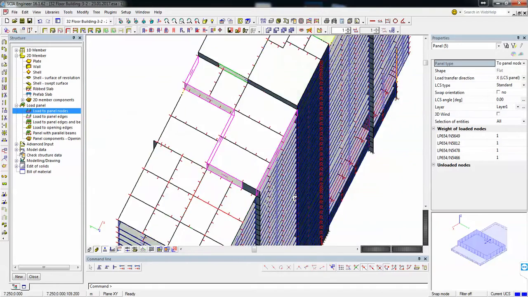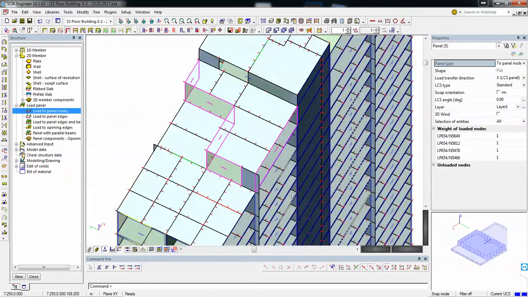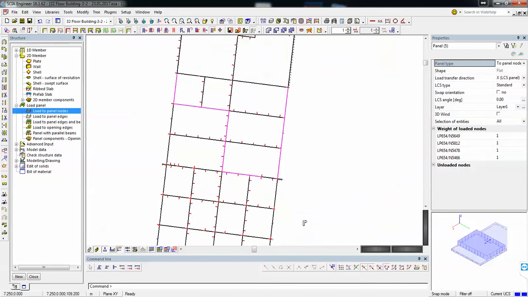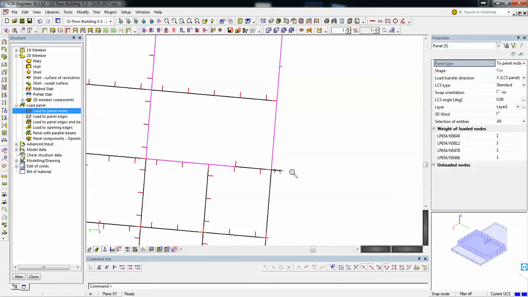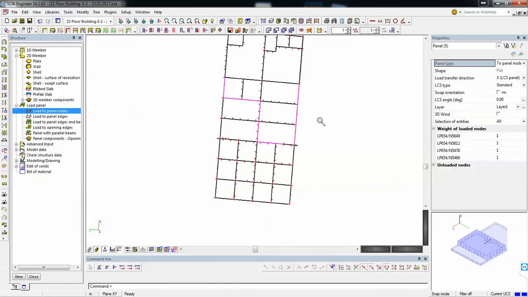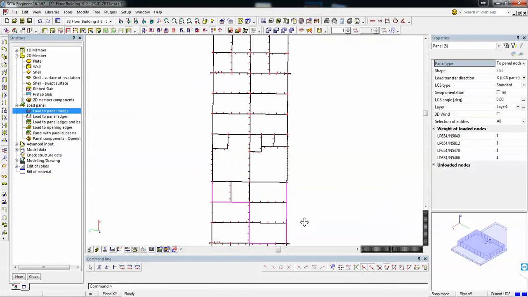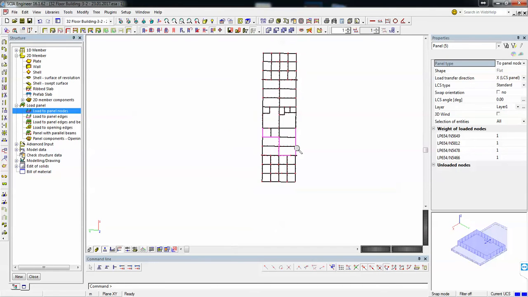Okay, it seems right. However, this wall is longer than the building. Is this how you want it? This shear wall is longer than the rest of the building. Are you sure? It's okay. And this also.